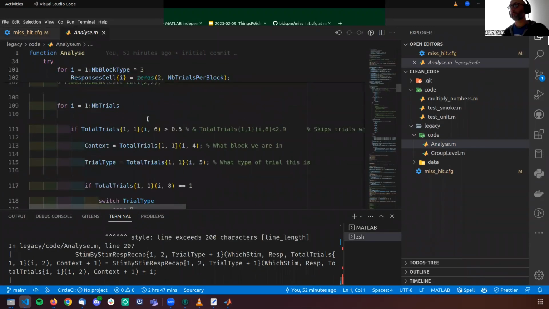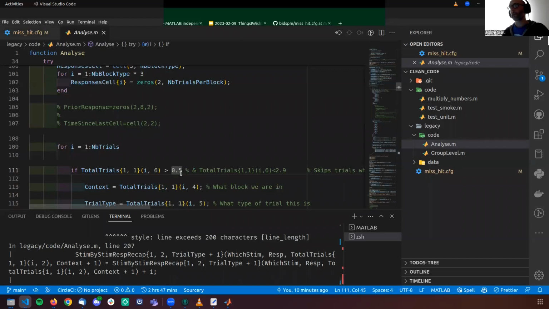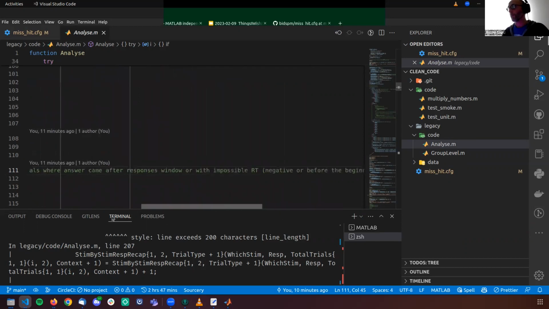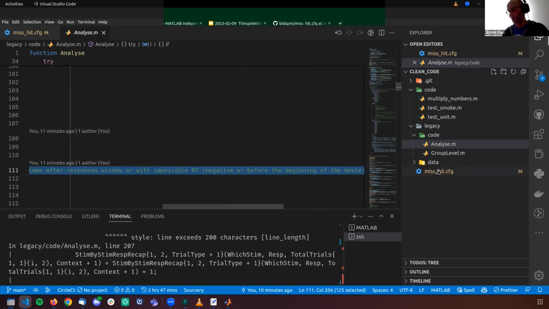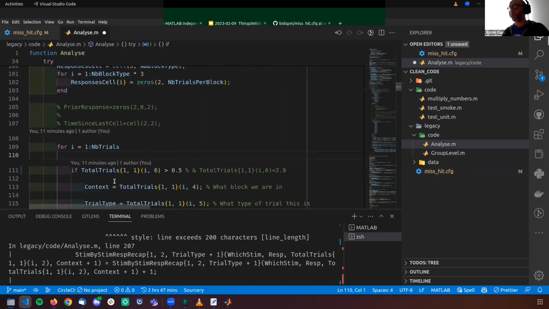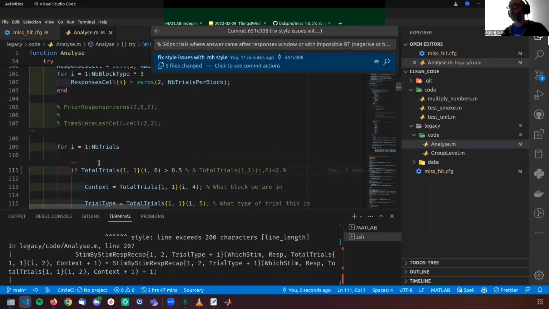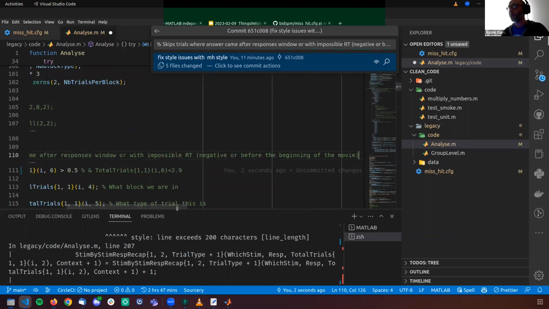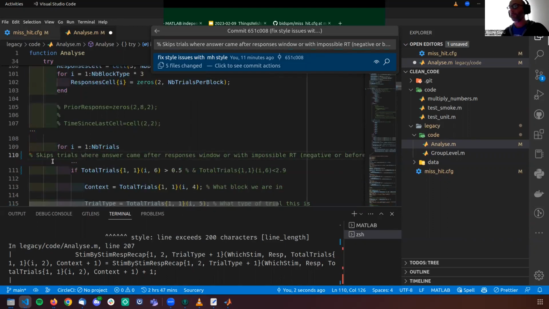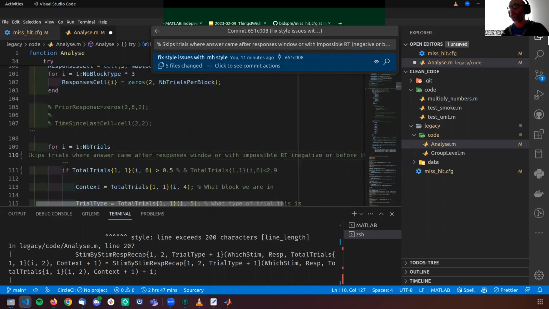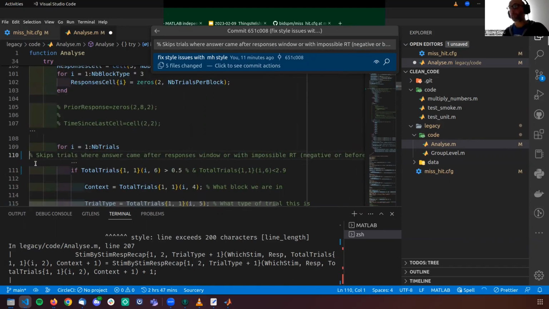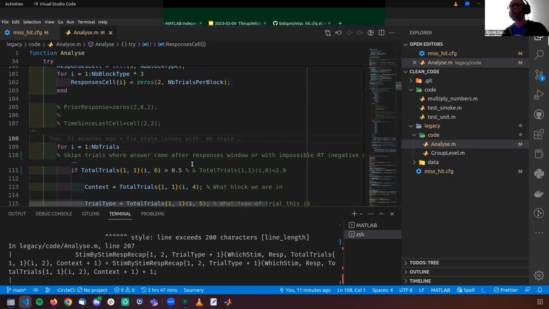So where is it? Yes, there it is. And that's the one. So we can see that this one is due to the fact that we have a very long comment here. So let's maybe just take this one and move it above. Oops, here. That still is going to be, I suspect, a bit too long. So let's try to move things around. I'm doing it in VS Code, but we could obviously equally do it in MATLAB.